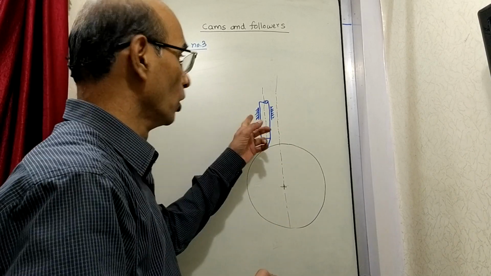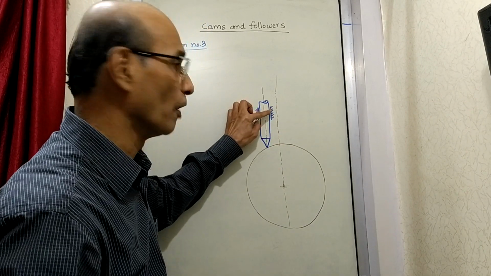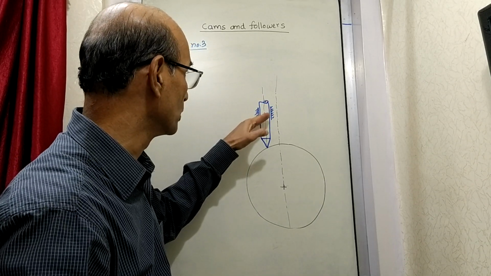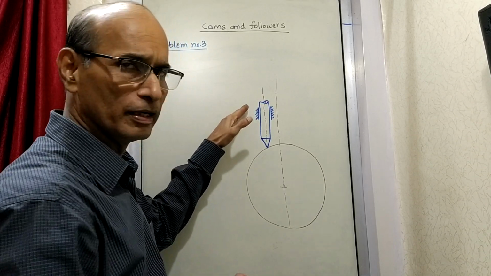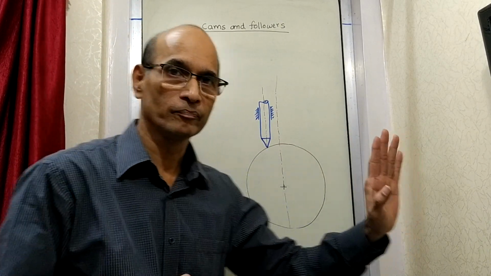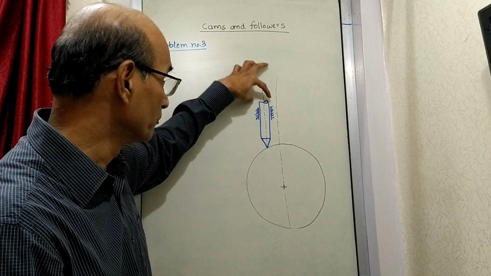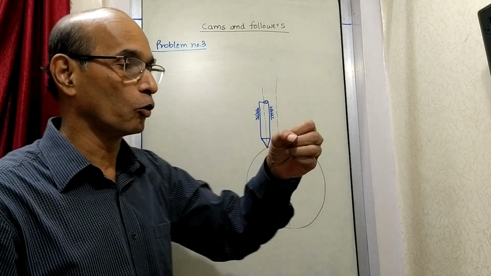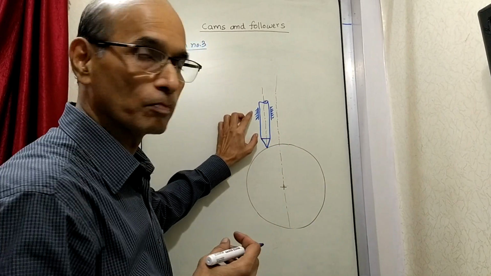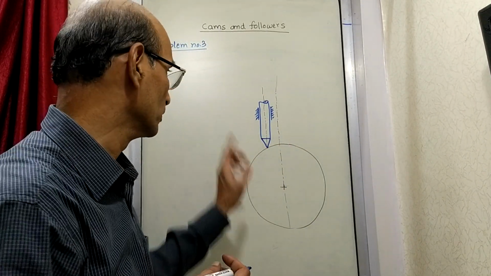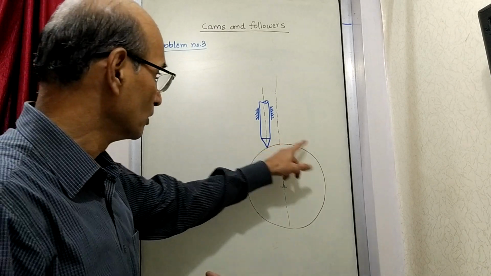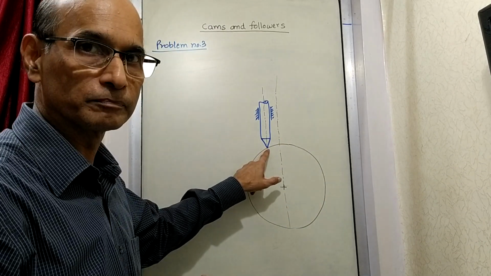Now when you draw the follower, these lines which are drawn are showing the support. Now this line should be of the same inclination. Some students draw this in this direction, here they draw in the opposite direction. That is not correct because this and this are the same. So it is like a hole in which it is moving like this. So the lines must be drawn of the same inclination. So now you can see the position of the follower is like this. On the base circle it is touching here.